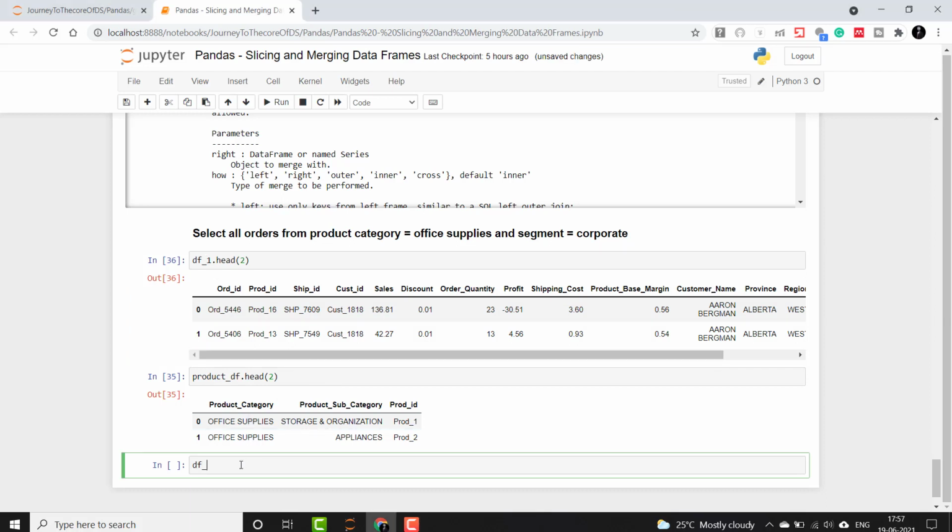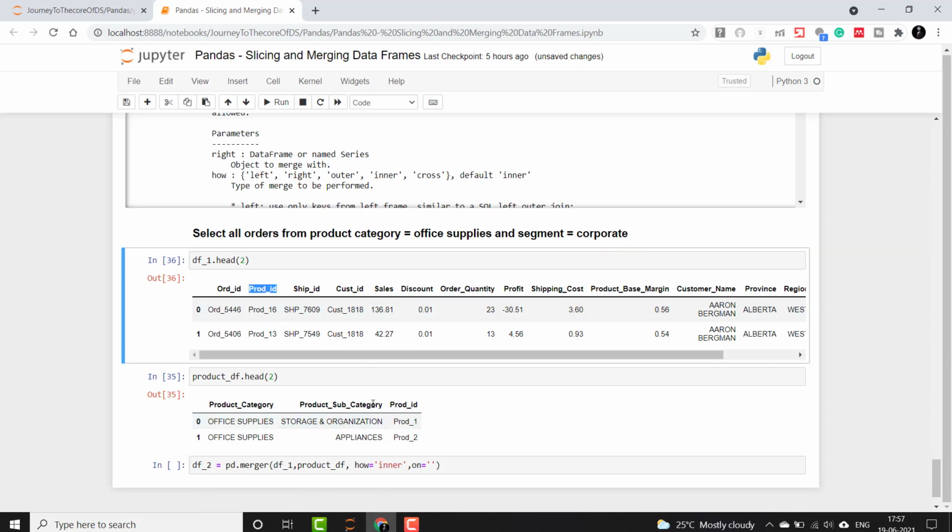Let's create another data frame called df_2, and I'll do pd.merge, and then provide df_1, comma, product_df, and we'll say how equals inner again, because we have to choose the common column from it. When you look into it, you will find that product ID is the common column across these two data frames. So I'll select this and provide it in the on argument.